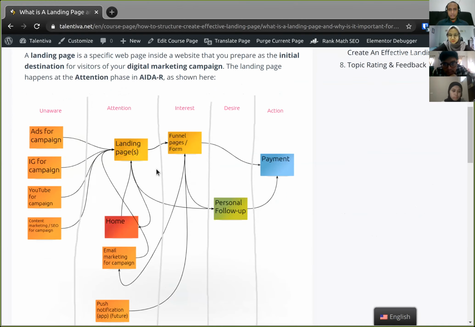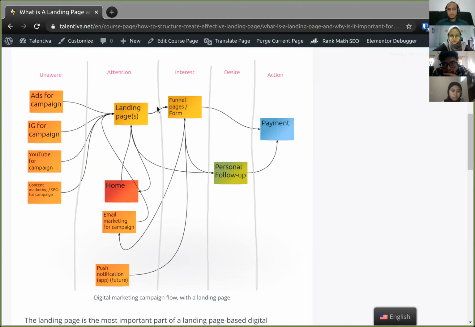campaign. So as we have seen before, the digital marketing campaign is from this unaware phase to the attention phase, to the interest phase, to the desire phase, and then to the action phase. There's another phase here, which is retention. So together, usually we call them AIDA-R, right? Attention, interest, desire, action, and then retention. And everyone, our users, start at the unaware phase. And then it's a job for a marketing campaign, in this case can be digital, to move them to attention